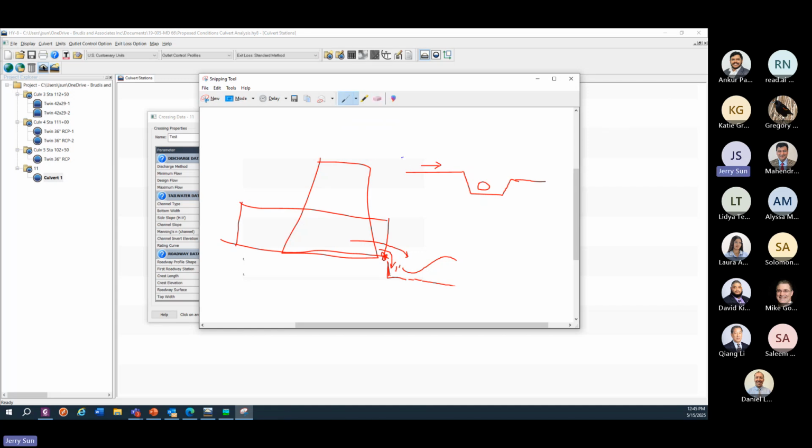So basically, this flow, this headwater, they call the depths, then come on a jump a little bit, then they jump up, then they come out as normal, right? This hydraulic jump. Then when we design this, we need the sizing